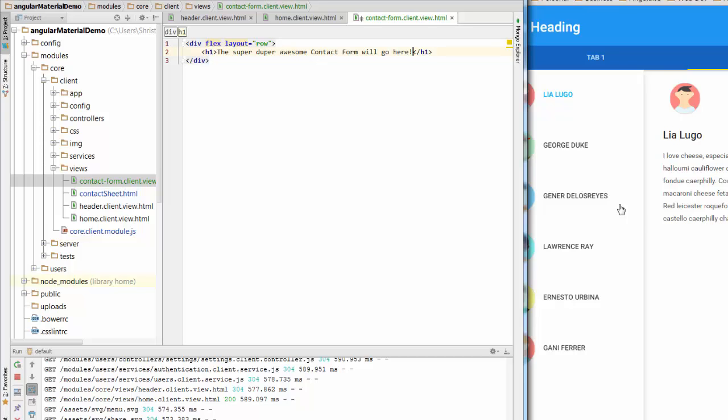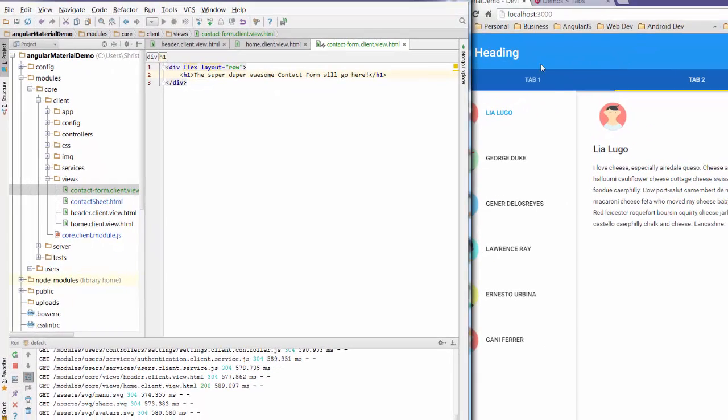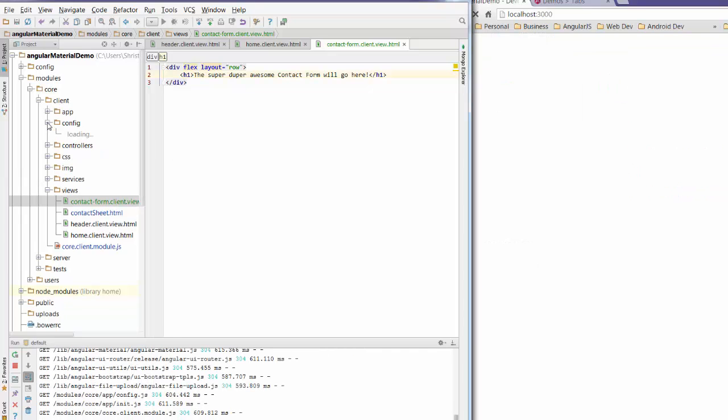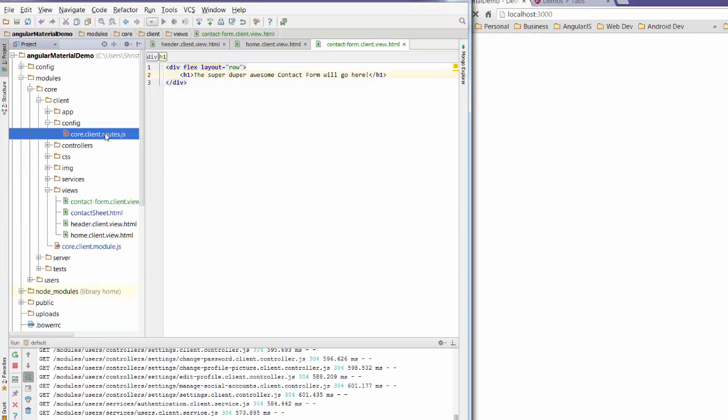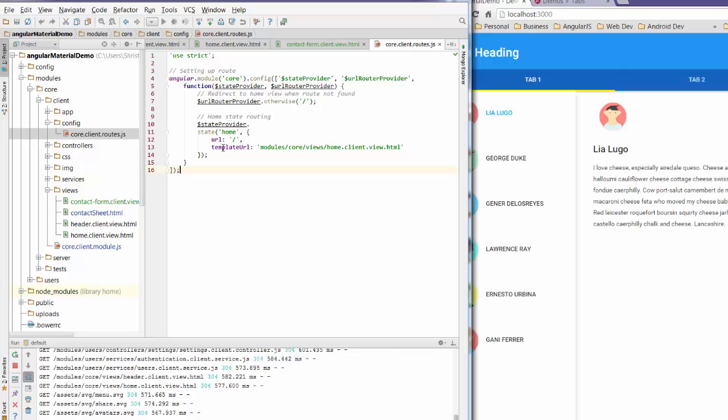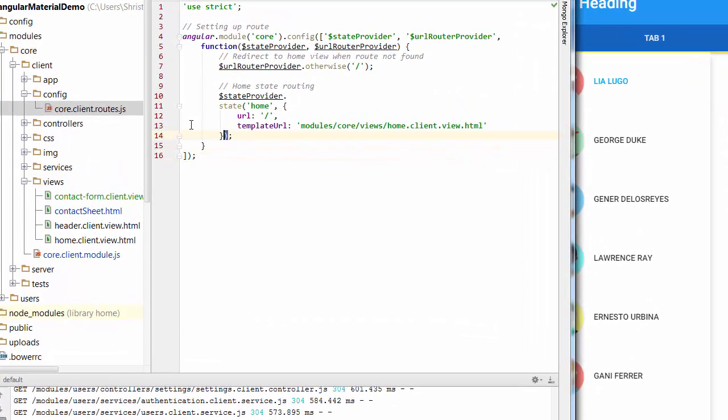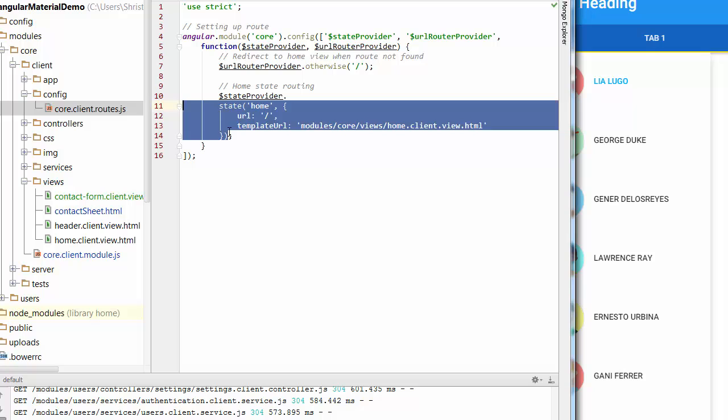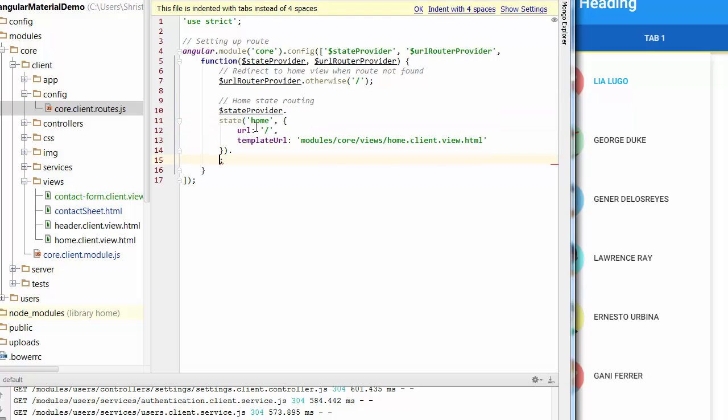Now, what I need to do is put in a route to this particular view so that we can access it. Just to recap, we've got a heading page, which is at the top. We've got the home page, and we're adding our second tab now. To do that, I'm going to jump to config, go to routes. You can see I've got a route in here at the moment. I'm going to copy that and throw a little comma on the end there so it knows that it's continuing. This is the second route.